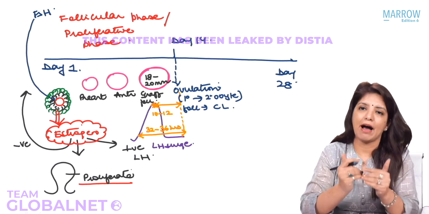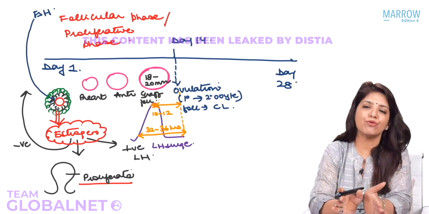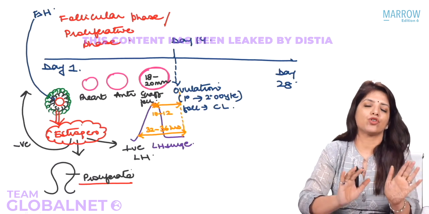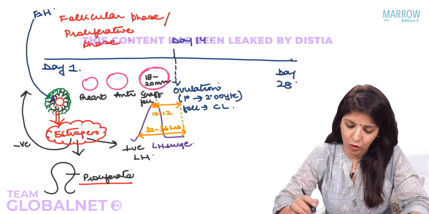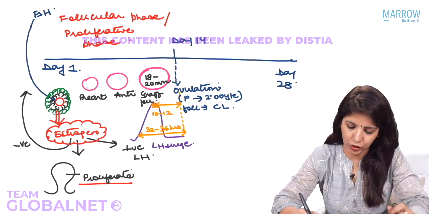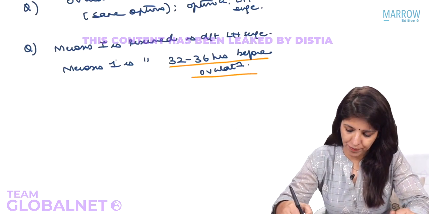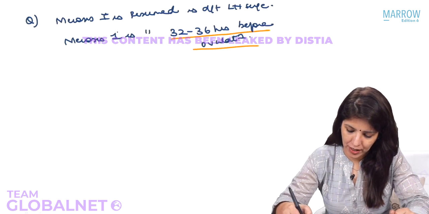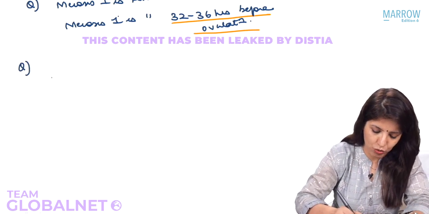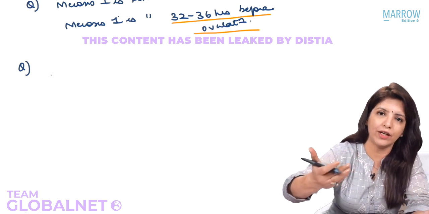Now ovulation happened, right? And when ovulation happened, the primary oocyte got converted into secondary oocyte and a corpus luteum is formed from the follicle. Now let's talk about corpus luteum. But before I talk to you about corpus luteum, just one more thing which I want you to note. Where we were talking about all the questions, you had written important one-liners there. The other thing which you should note about the follicles is that only one follicle continues to grow, and that becomes the dominant follicle during the follicular phase, right?